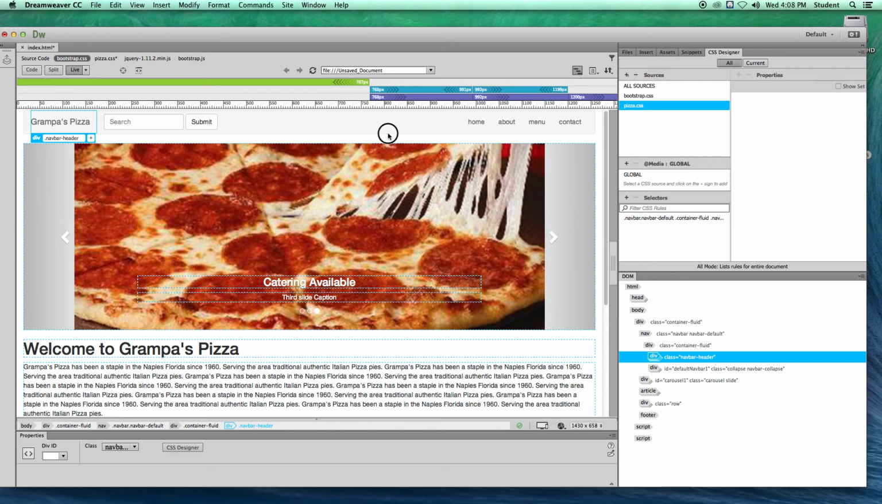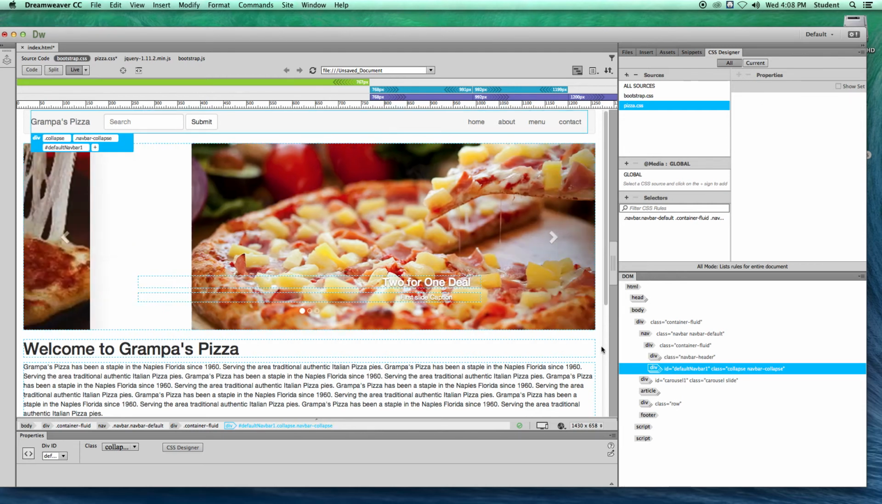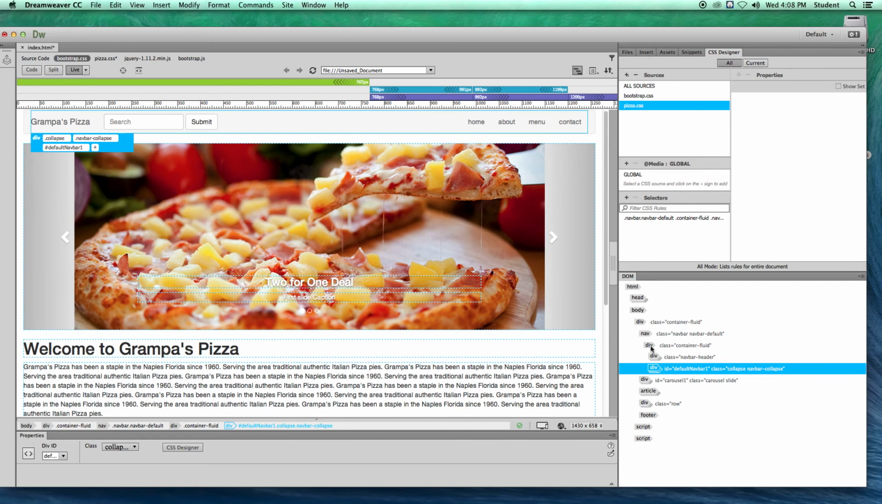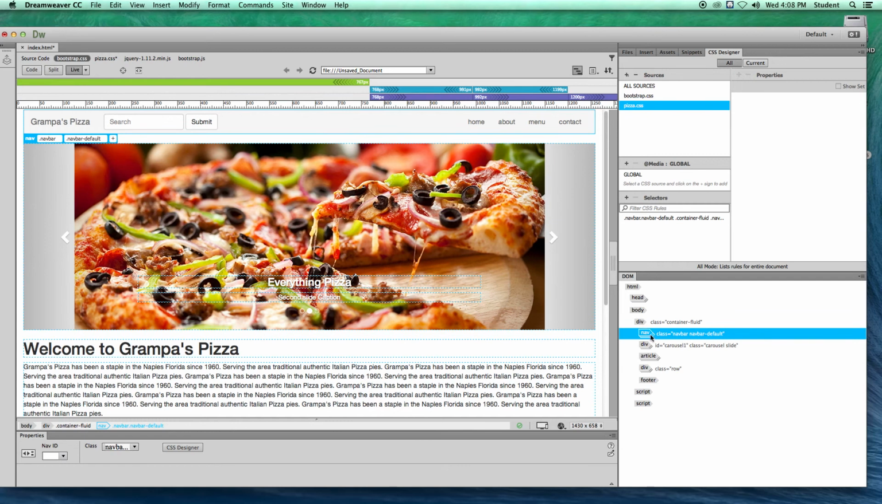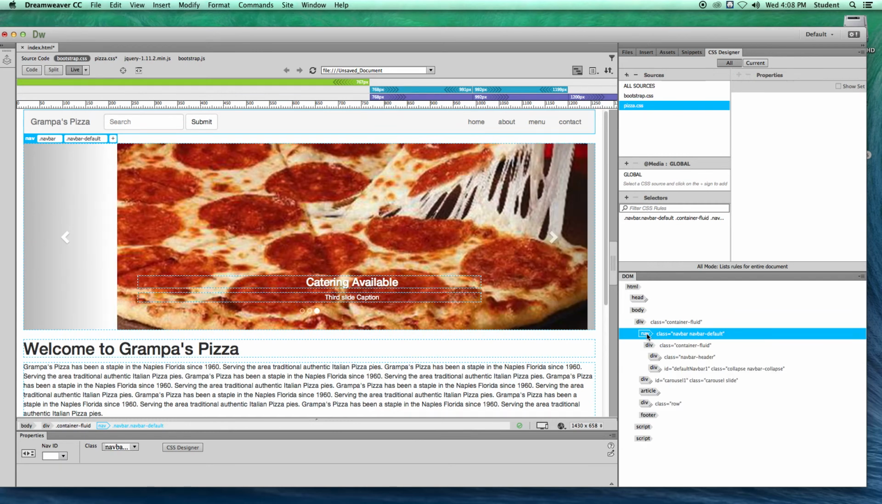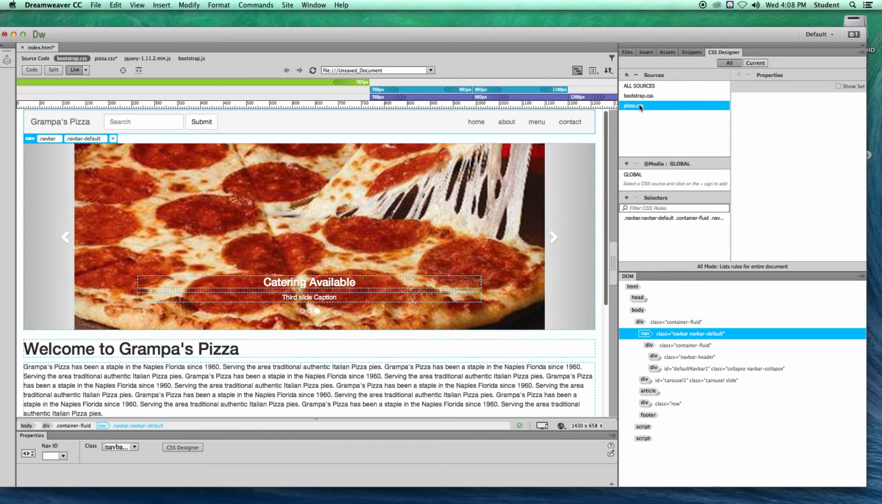All right, let me come back here to my nav bar. We're going to start with a nav bar. And I can tell here I'm not quite all the way to the top of that navigation bar tag. So right here it is. I see it's nav bar default. And above that is a class container fluid, so I can tell that this nav bar is the highest level of the nav bar tag. I can click on that. I'm going to make sure I'm on my pizza